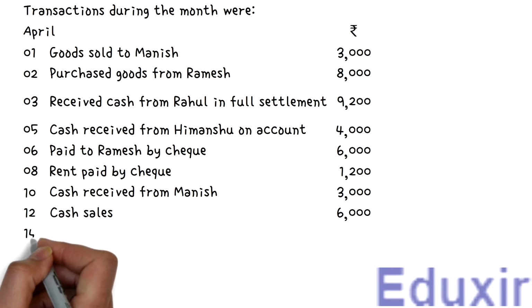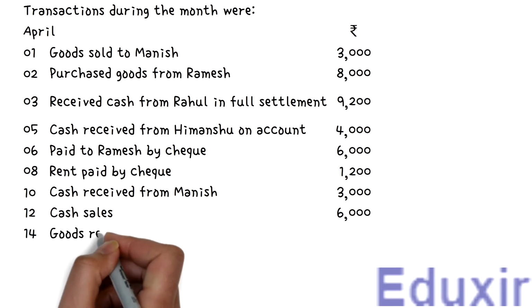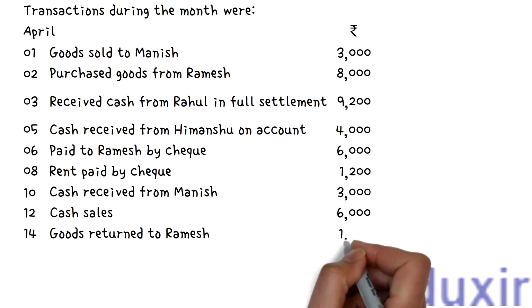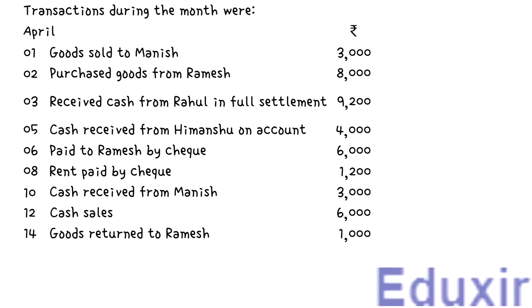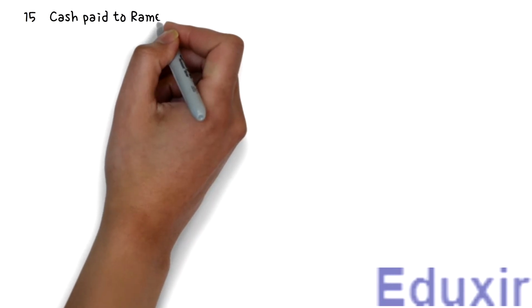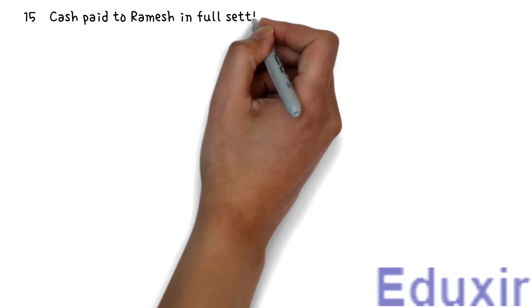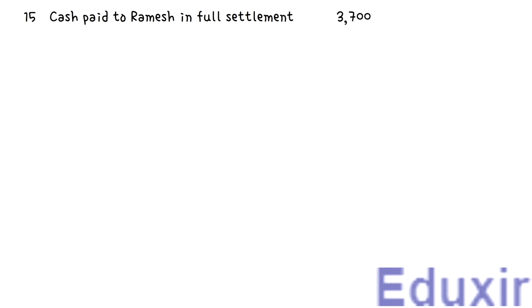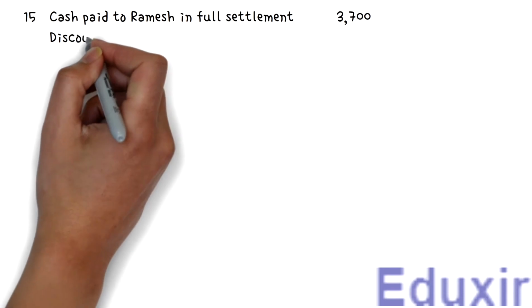On 14th April, goods returned to Ramesh 1,000 rupees. On 15th April, cash paid to Ramesh in full settlement 3,700 rupees. On the same day, discount received is